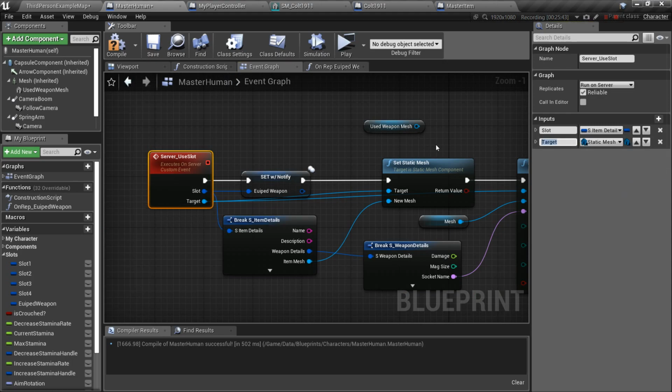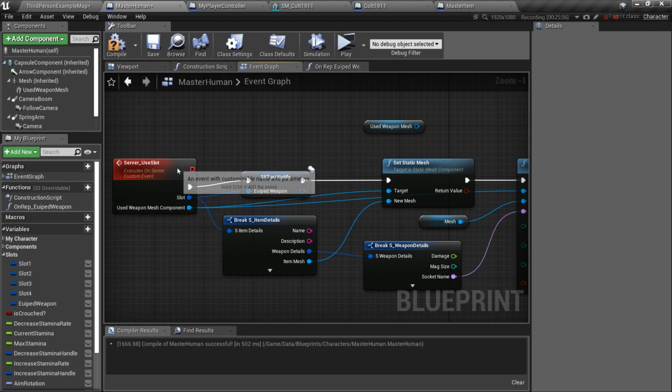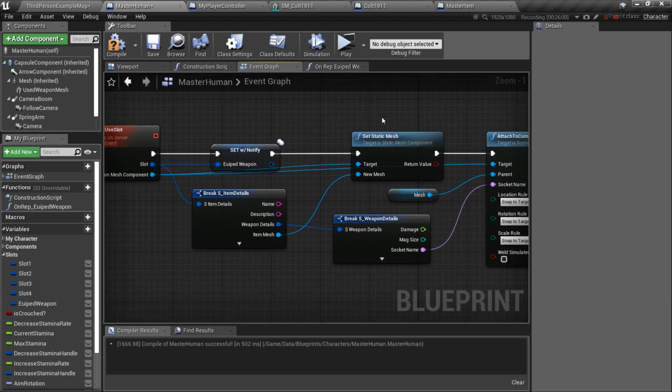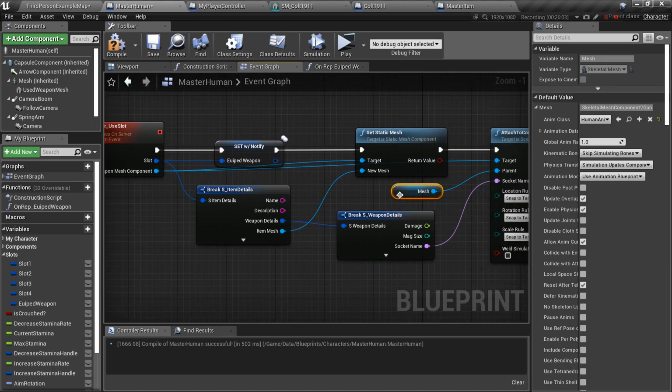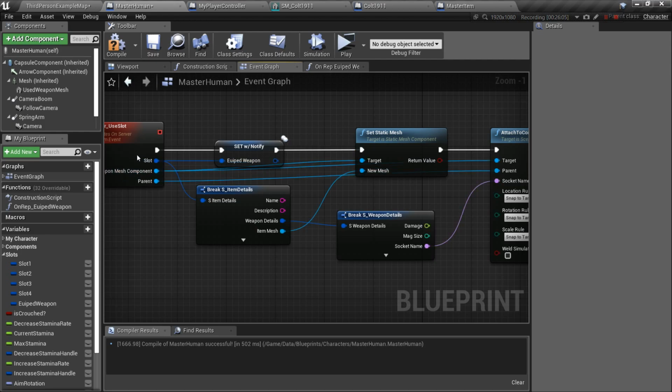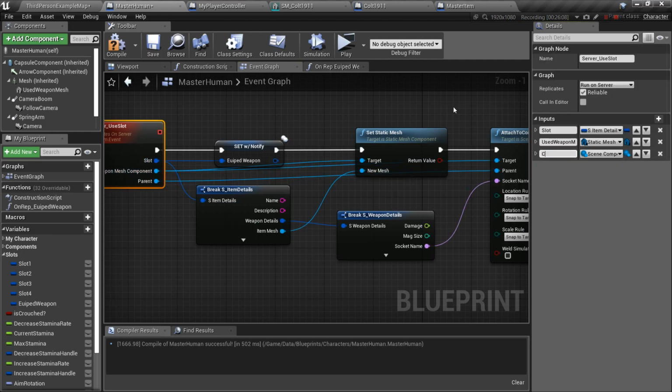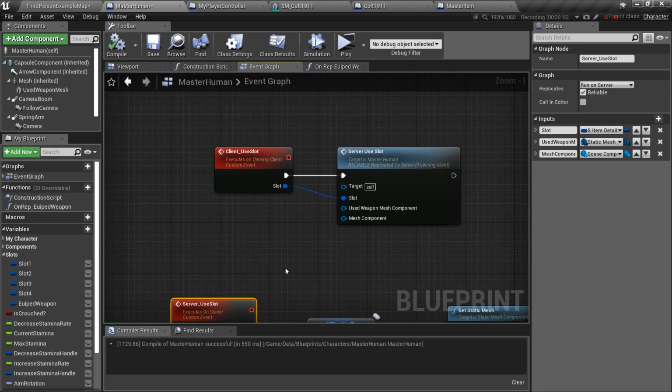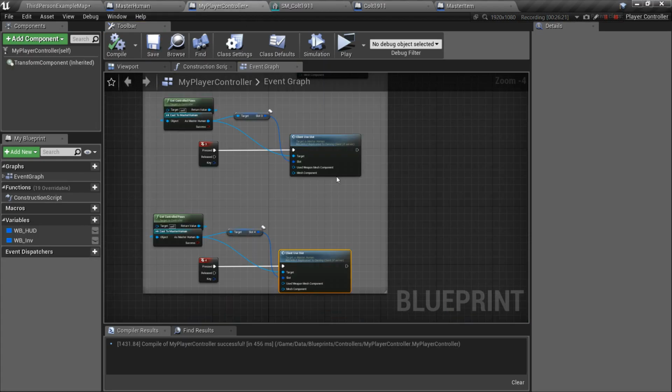And this target static mesh is going to be called used weapon mesh component. That's going to be one of those. We got to delete this one, and now the parent is going to be the mesh. You got to delete that and drag another one and call this the mesh component. Let's go back, connect these ones first into the client, compile and save, going to the player controller, and now